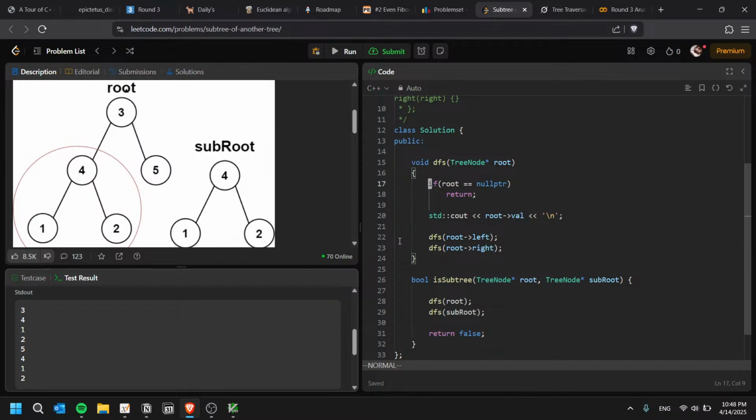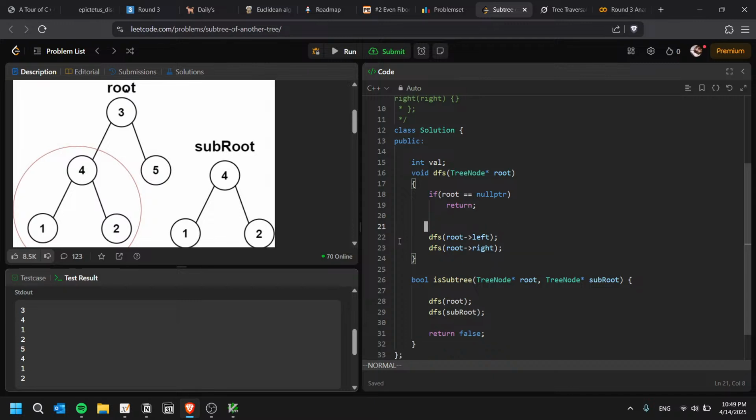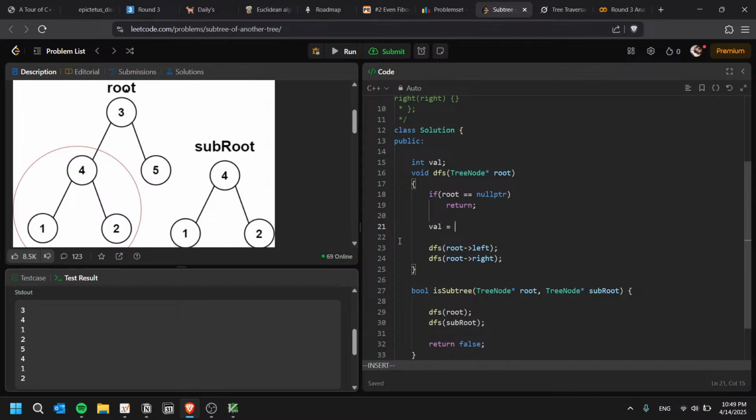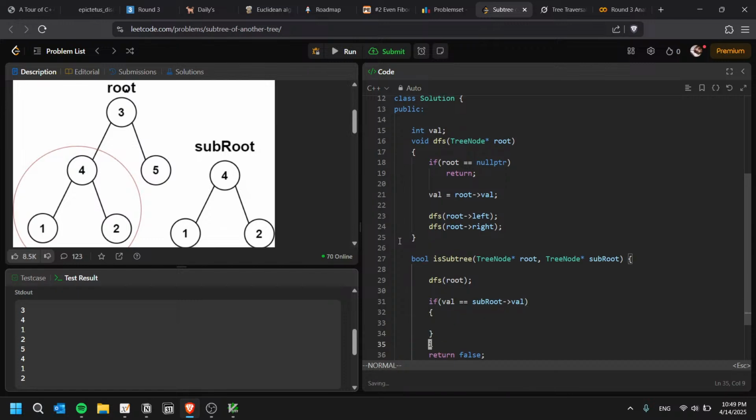I guess we need to have an external int val over here. And we can just say val equals root val. And then we can say DFS root. And then say if val equals subRoot val, then we start a DFS on, hmm,